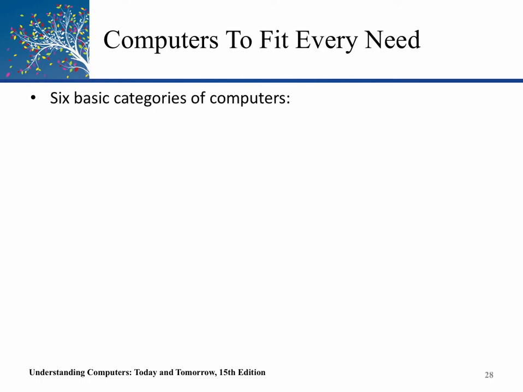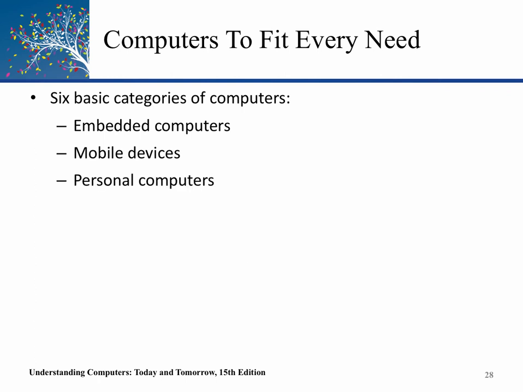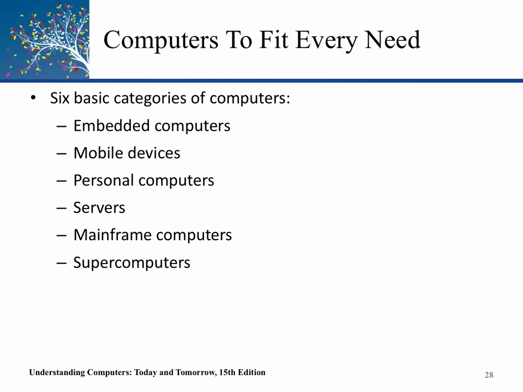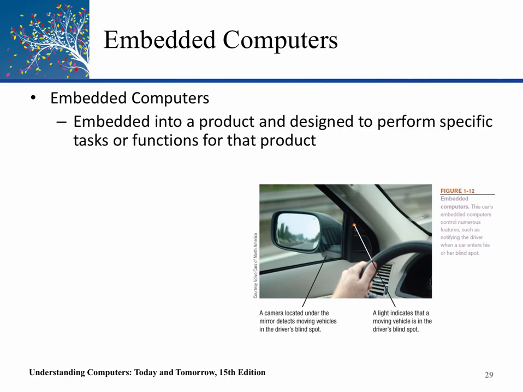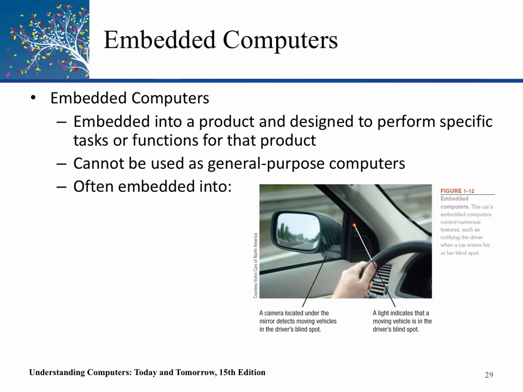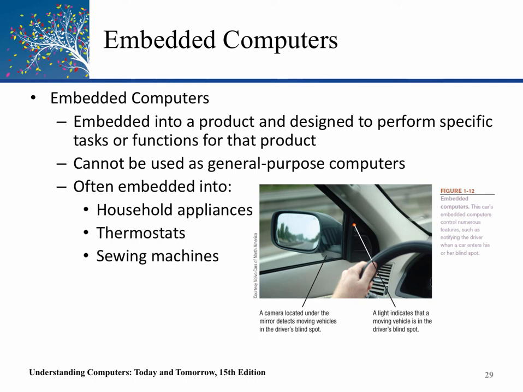Let's talk about the 6 basic types of computers. We've got embedded computers, mobile devices, personal computers, servers, mainframe computers, supercomputers. Embedded computers are embedded into a product and designed to perform specific tasks or functions for that product. Typically, they can't be used as general purpose computers, and they are often embedded into household appliances, thermostats, sewing machines,